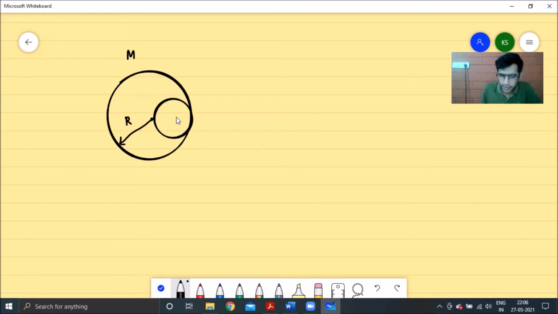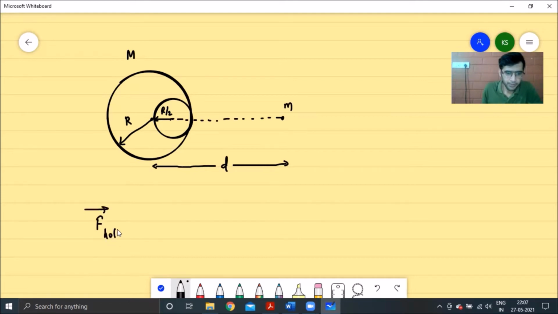And now, according to the diagram which was given over there, this portion which you're removing over here is passing through the center of the sphere as well as touching the right side of the sphere as well. So the radius of the cavity then would be equal to R by 2, right? And now we are supposed to find out what force would this hollowed out lead sphere exert on a particle of mass small m, which is lying at a distance of small d from the center of this sphere along this direction, right? Fine. We need to find out what's the force exerted by the hollowed out lead sphere.